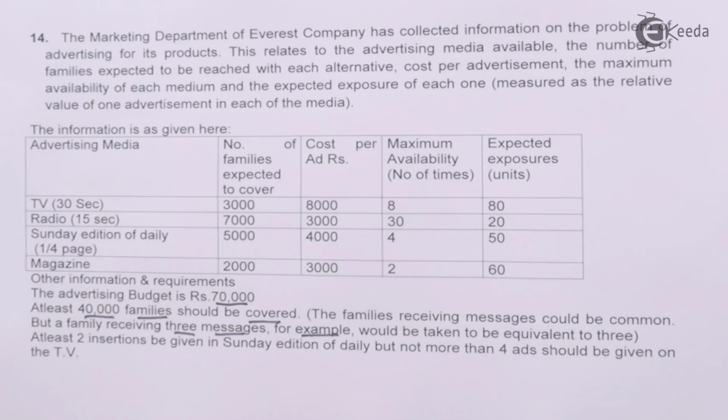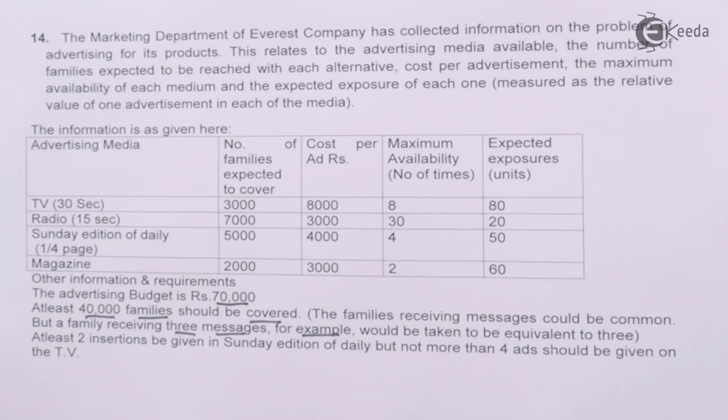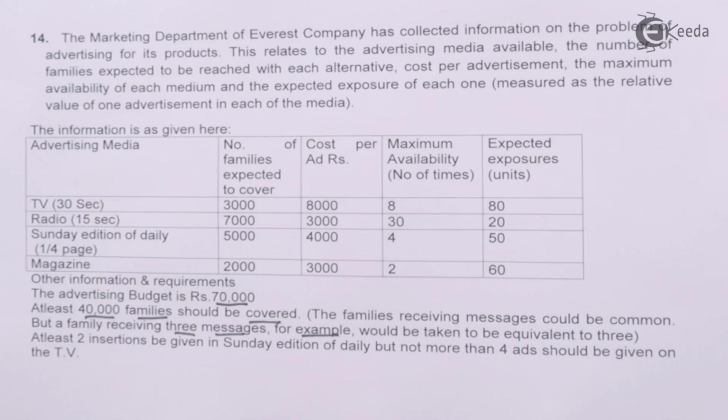And in case you are placing an ad, to make it more effective, it will be judged how many families are receiving the messages. So a single family receiving 3 different messages will be considered as 3 different audience members,